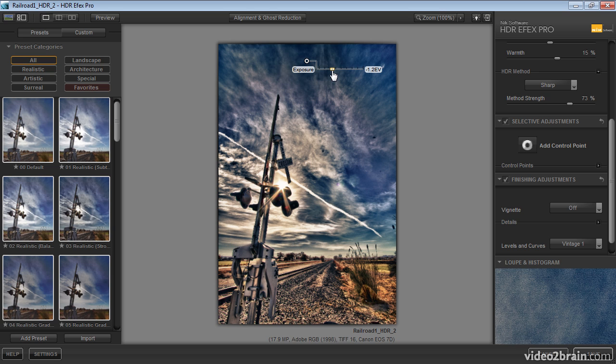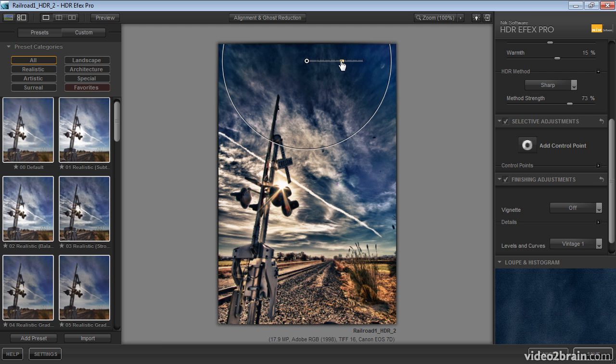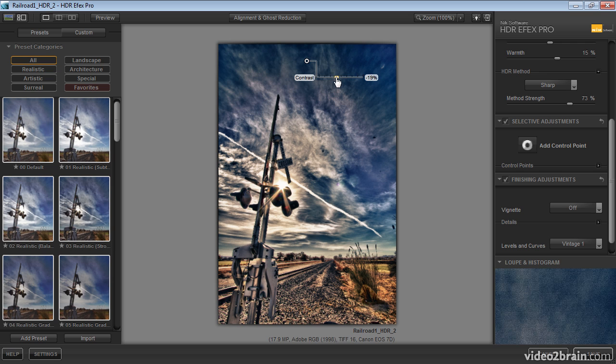So if I reduce the exposure, for example, you can see that I'm getting a dark area up at the top of the image, but I can also adjust the size of that area. So if I'm trying to create something of a gradient type of effect where the top of the image is darkened, but the rest of the image is not affected, I'm able to accomplish that by reducing exposure in this case, but I could also adjust contrast, increasing or decreasing contrast in that area, as well as increasing or decreasing saturation. In addition to those basic adjustments, if you click the downward pointing arrow, you'll have a set of additional